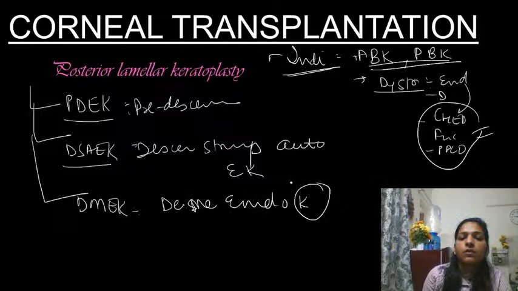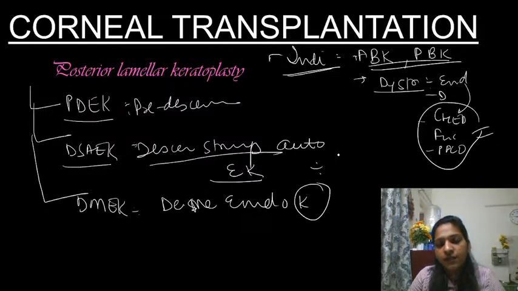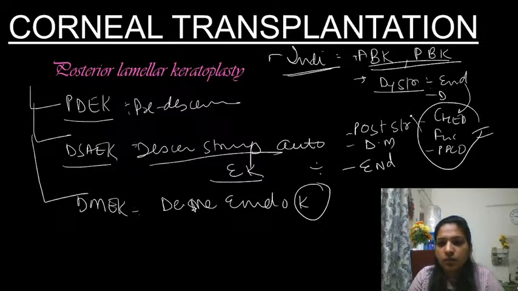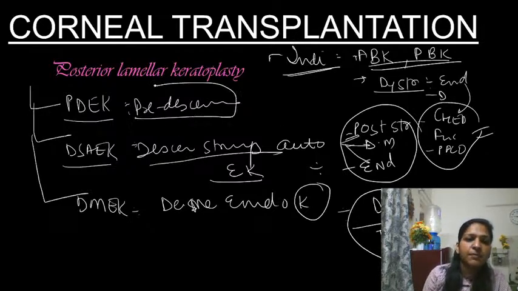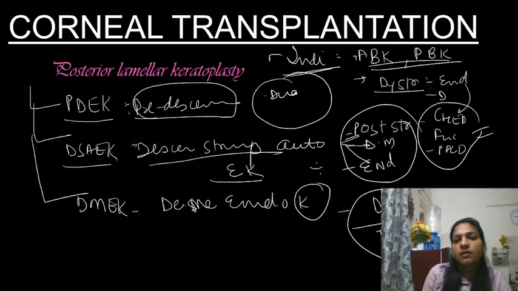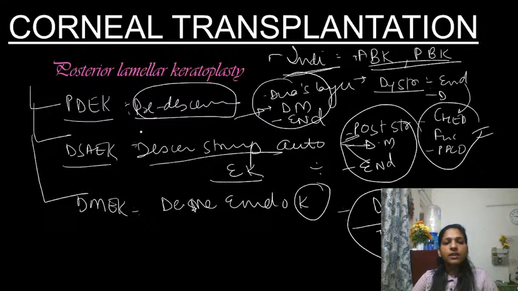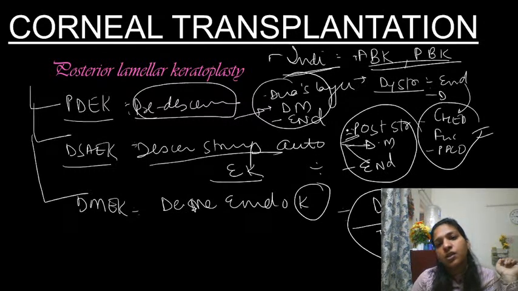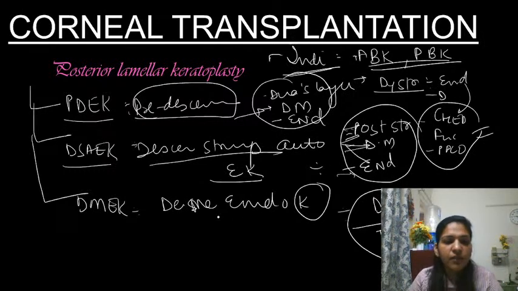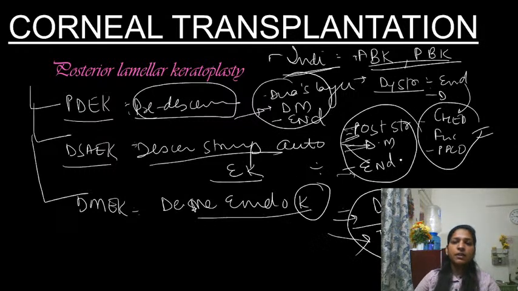Okay, in this the donor cornea will have posterior stroma, Descemet membrane and endothelium. Okay, these all will be present in the donor cornea, but in DMEK only Descemet membrane and endothelium will be present in the donor cornea. Okay, and in PDEK, that is pre-Descemetic, in this Dua's layer, Descemet membrane and endothelium will be present in the donor cornea. So I'll just repeat, in PDEK only Dua's layer, Descemet membrane and endothelium will be present, and in DSAEK only posterior stroma, Descemet membrane and endothelium will be present, and in DMEK only Descemet membrane and endothelium will be present in the donor cornea. Okay,